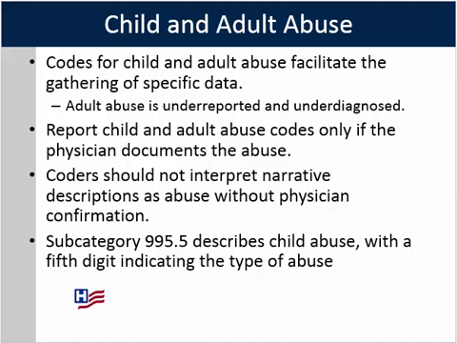Expanded codes for child and adult abuse facilitate the gathering of more specific data. Subcategory 995.5 describes child abuse with a fifth digit indicating the type of abuse. Keep in mind that codes for child and adult abuse are assigned only when the physician documents abuse. Coders should not interpret the narrative descriptions as abuse without the physician's confirmation. ICD-9 does not specify the age limit for the assignment of child abuse codes,